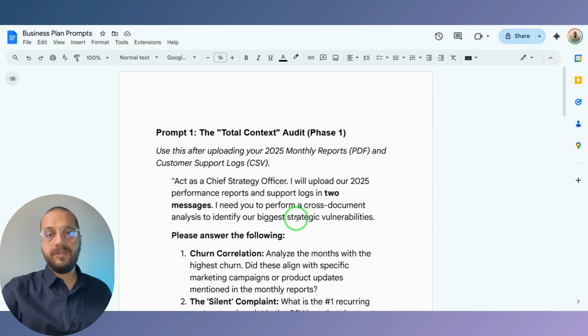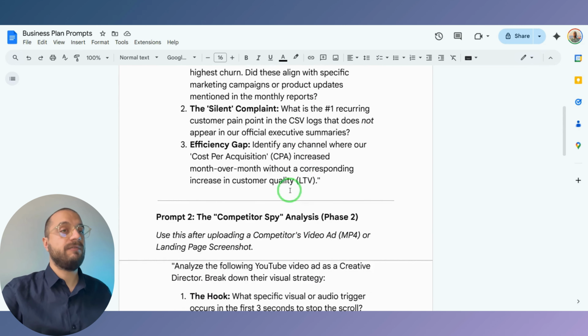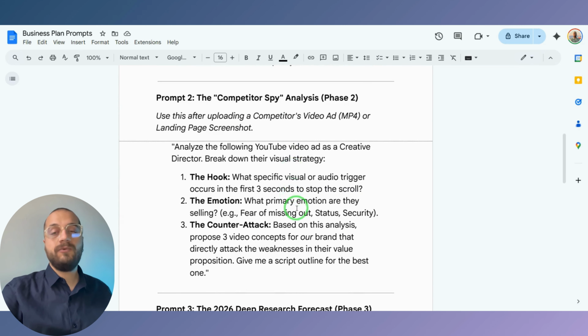So we're going to use 4 prompts in Gemini Pro, the best AI that can handle deep analysis, deep researches. One of them is the audit. It is going to audit our reports for the last 12 months of 2025 and give us some reports. The second one is the spy. I call it the spy. It will analyze a competitor's campaign video and give us insights and counterattack strategies to design and create a video